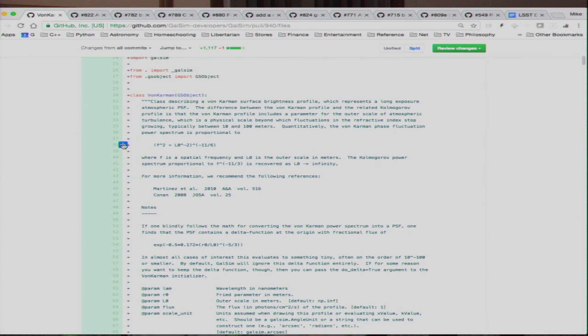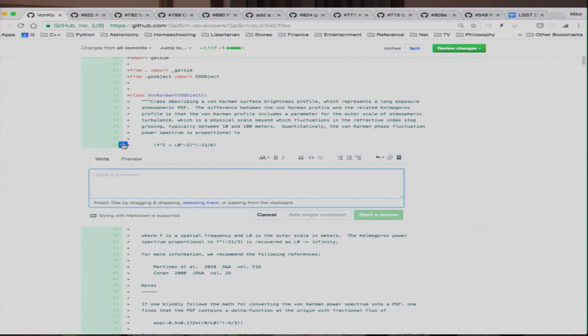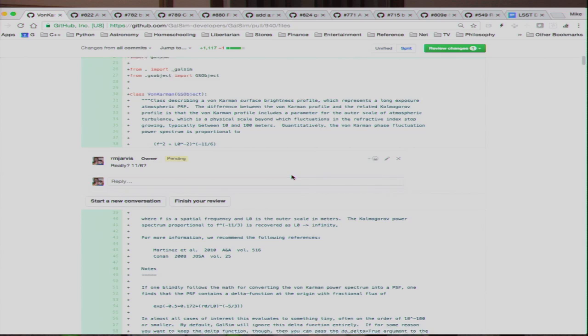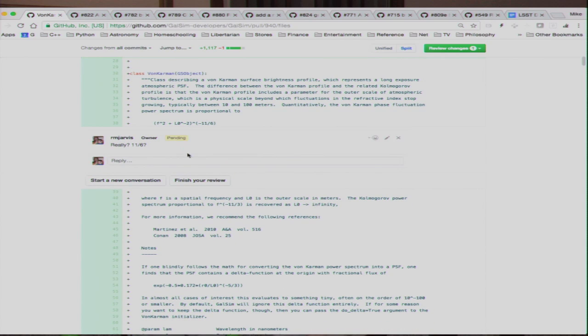And you might make a comment here saying, really? 11.6? Whatever. And Josh will say, yes, dummy, it's 11.6, right? So you would start a review, right? And so it doesn't actually email this out yet, and you see it says pending. So you go through and you add all your comments, you know, you can say like,